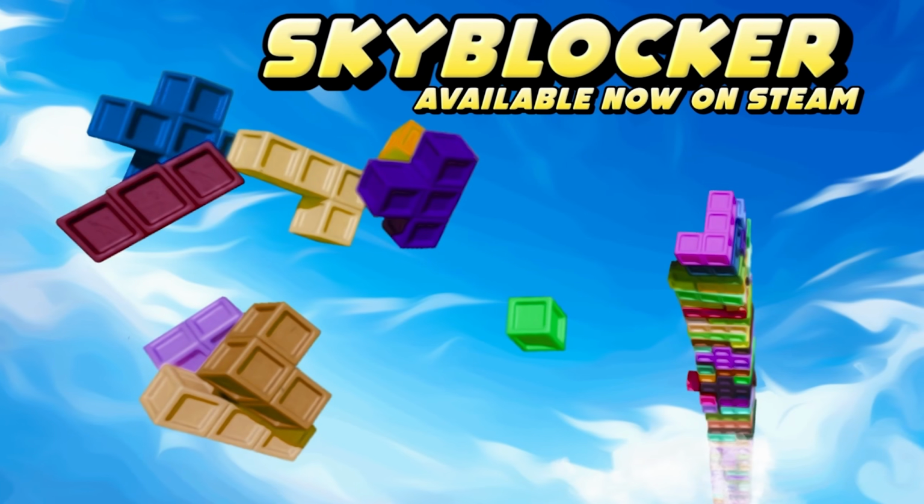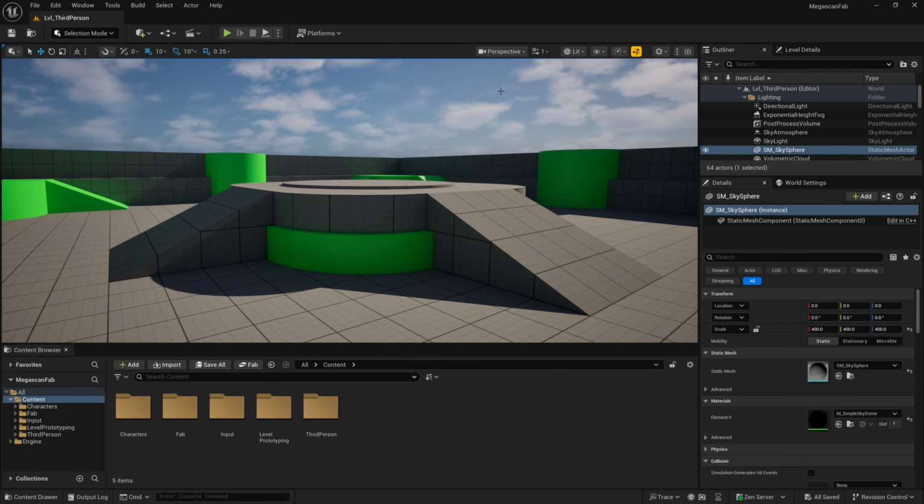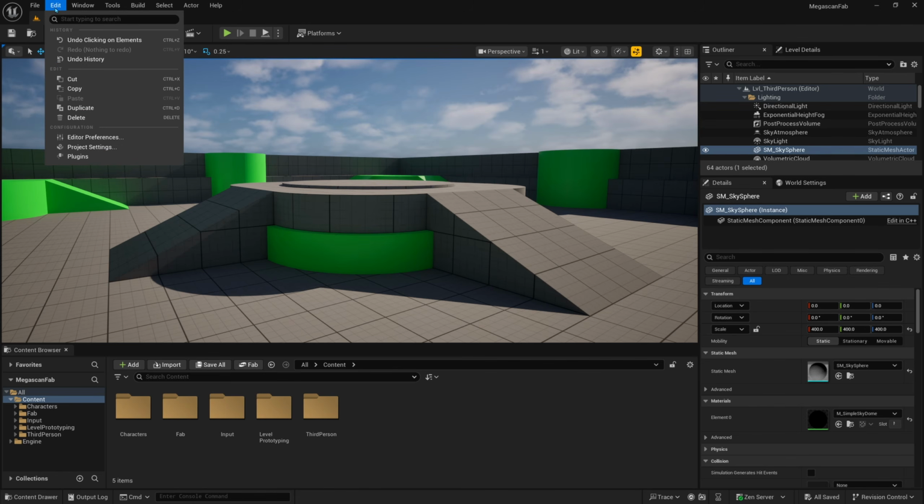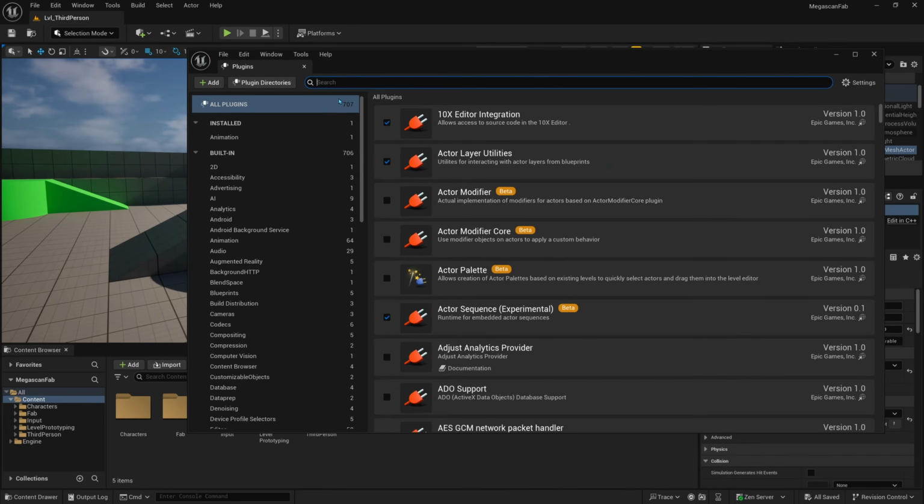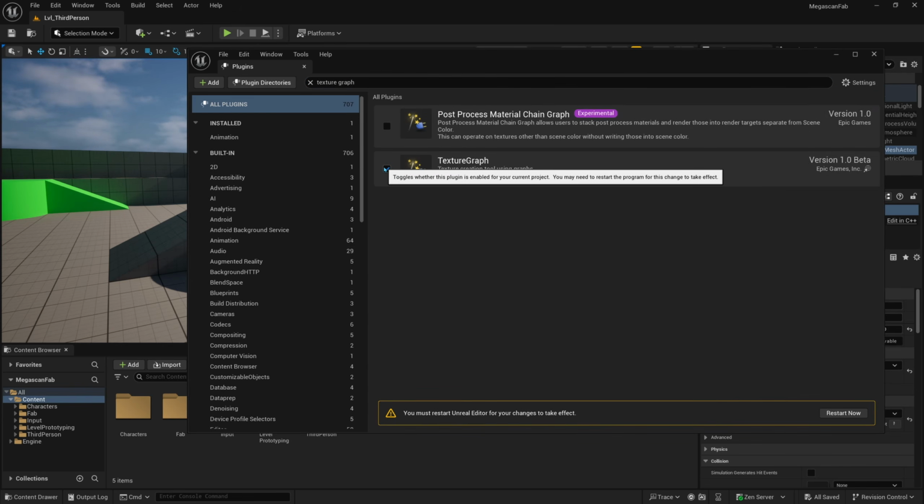Now let's get into the tutorial. Alright guys, here we are inside Unreal Engine 5.6, and if we want to enable the ability to combine or pack textures, all we have to do is go to the Edit tab here at the top, and then go down to Plugins, and we want to search for Texture Graph. And here it is right here, it's the second one, Texture Creation Tool using Graphs. Just go ahead and enable that and click restart, and then I'll meet you back here after it reloads the